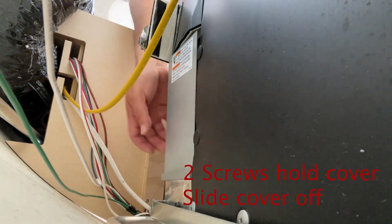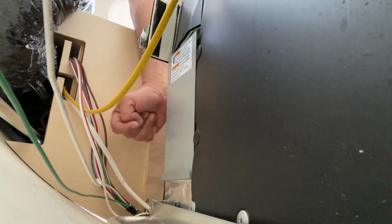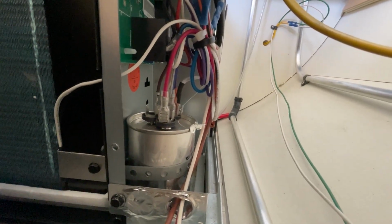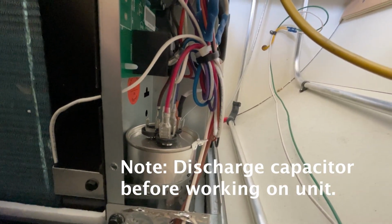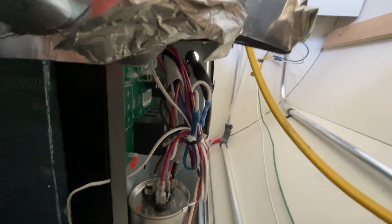Two screws that are just right back here. You really don't need to deal with this one right here. You only need to remove two that are back there. And this kind of just slides out. Here's a shot of the capacitor. So the only two screws you need to remove are on this side. I think one goes right in there, and then another one right on top of here, behind